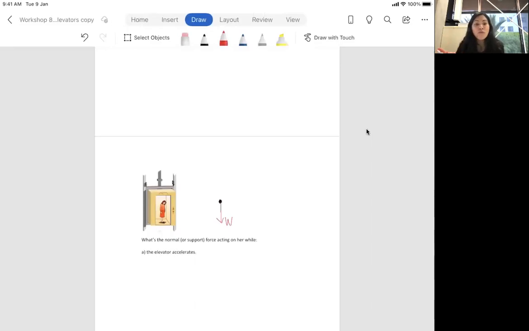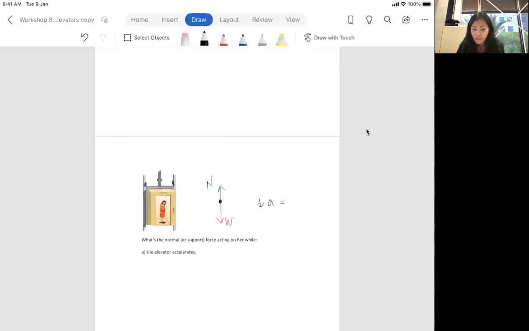And then you have the floor that's supporting the woman, and the floor is horizontal, so you have this normal force that's directed upwards. Okay, I'm drawing the normal force to be a little bit smaller than the weight force because the problem explicitly says that there's an acceleration that's downwards,